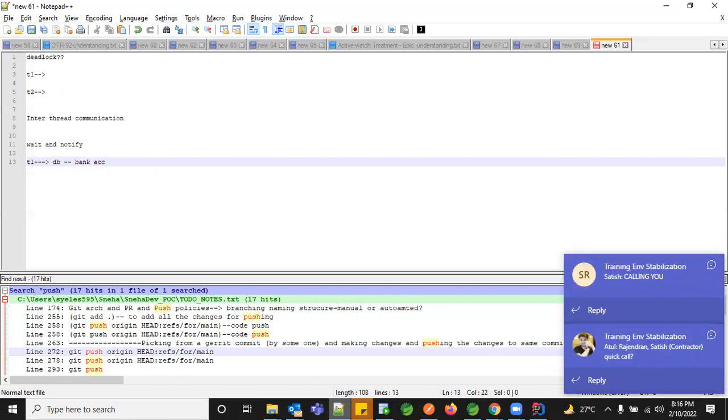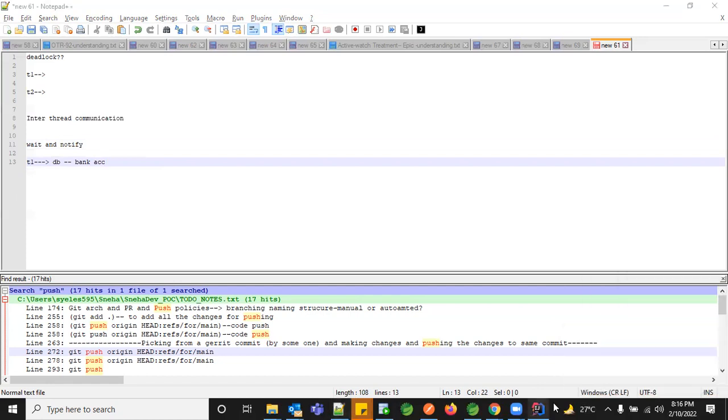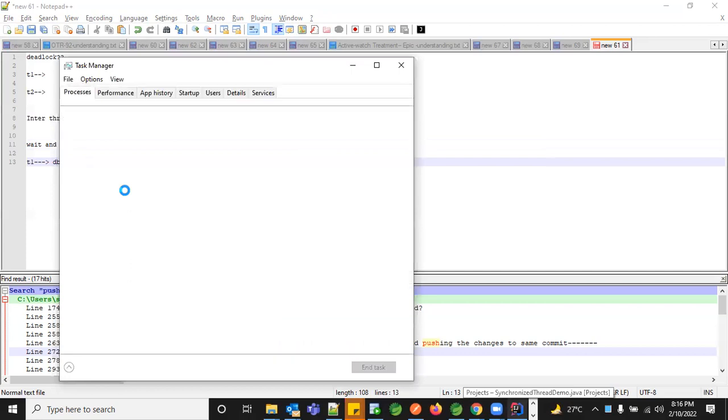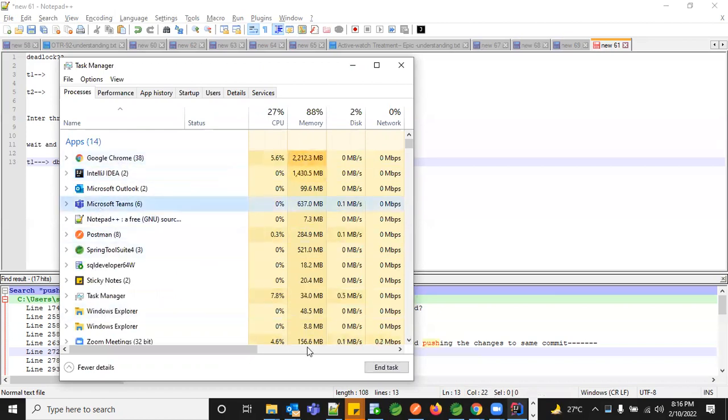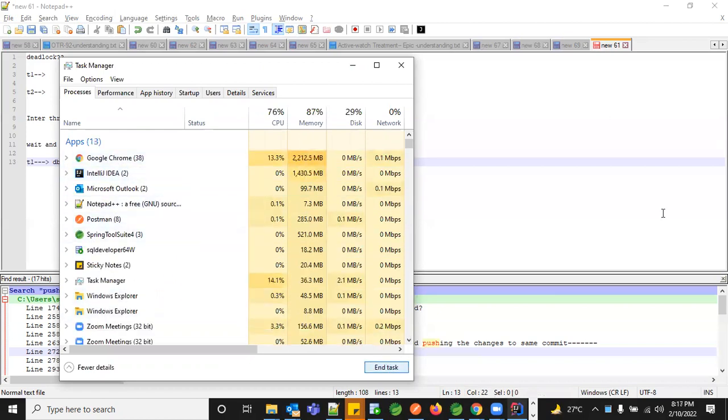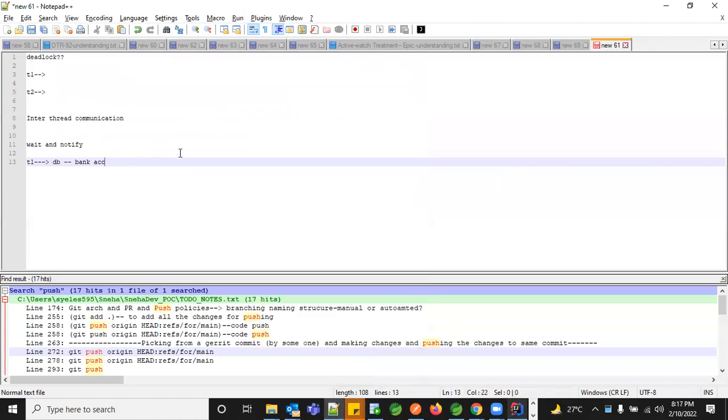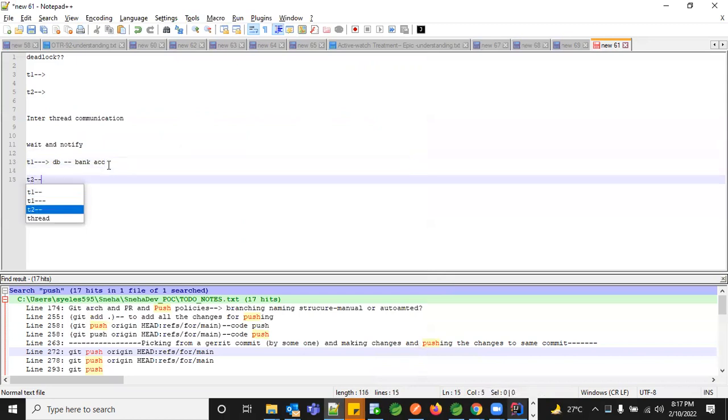Now what happens if T1 is going to execute some query for an update on some entry in your table? By the time it is happening in your database, what happens when T2 comes into the picture? It will say, please wait.